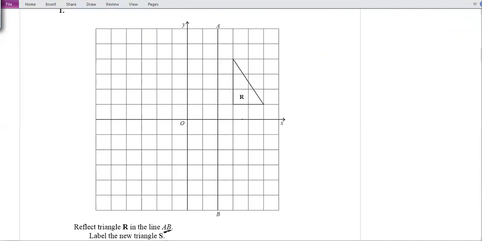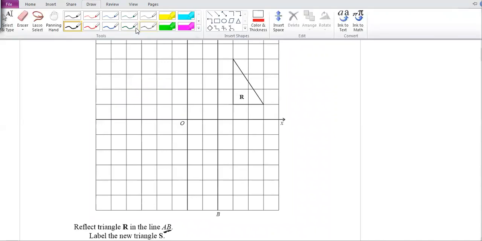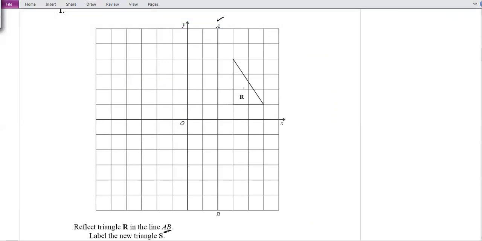So first of all, this is the mirror line, and you have to do the reflection in this mirror. You have to tell how this triangle will look like in the mirror. This is a triangle. If it is not visible to you, let me make it visible. Okay, so you have to reflect it here. How will you reflect? You can give it names like A, B, C. How many steps is this A from the line? One step. So it will be one step on the other side. Its reflection will be here. You can give it the name A dash, the reflection of A.